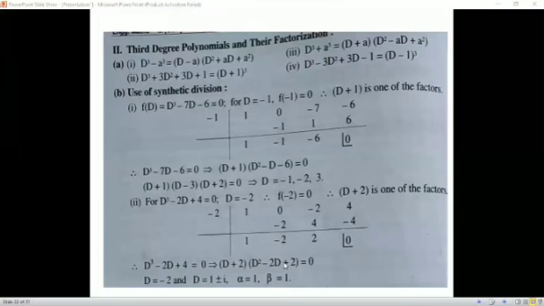If we apply this formula, we'll get d is 1 plus minus i. So here alpha is equal to 1 and beta is equal to 1. This part is of the form alpha plus minus i beta. So alpha is the real part and beta is the imaginary part of this number.